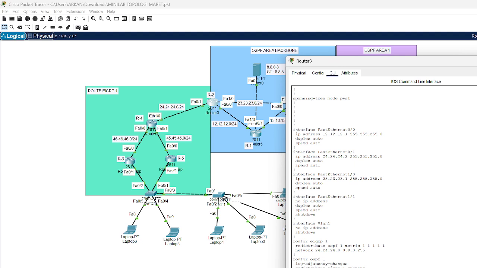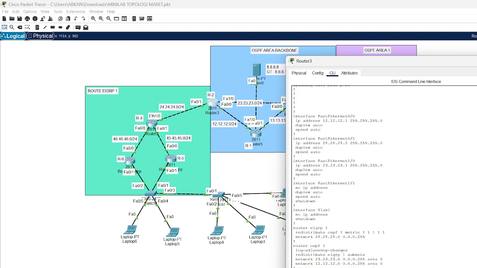Yeah, the first you make redistribute in EIGRP, and then after that you make a redistribute in router OSPF. So in this router you have two protocols. The first protocol is EIGRP. The EIGRP protocol has only one network, network 24, and then OSPF has two networks, 12 and 23.